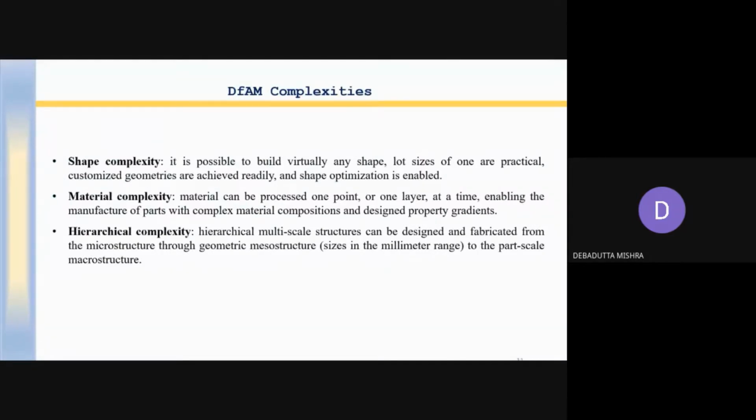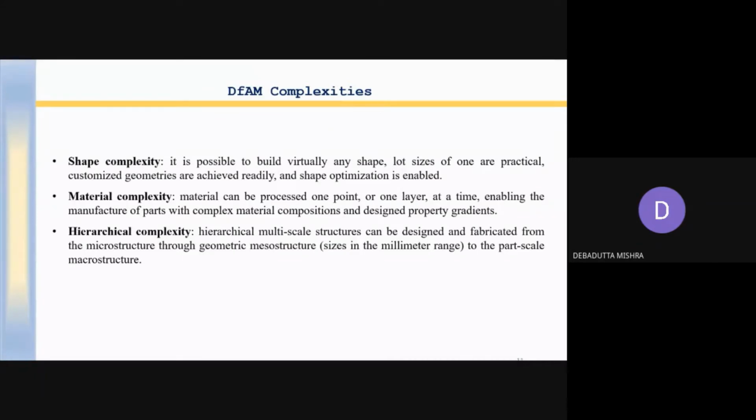Then, what are the different complexities? When you talk about design for additive manufacturing, you must consider the complexities. The final part may be complex in shape, the material may be complex, or the hierarchy may be complex. So generally, three complexities are defined in the case of additive manufacturing.